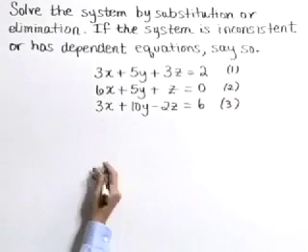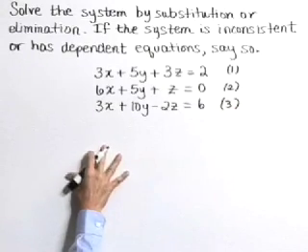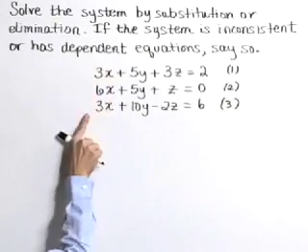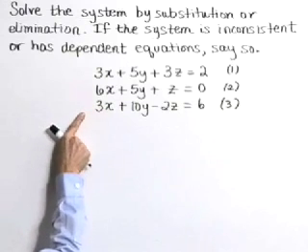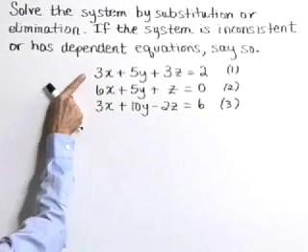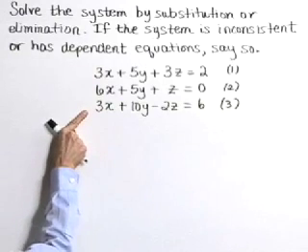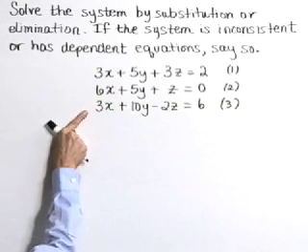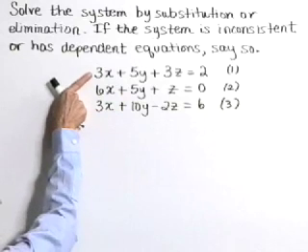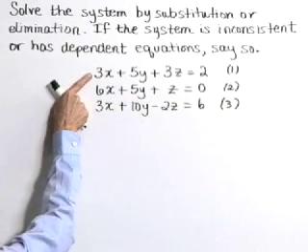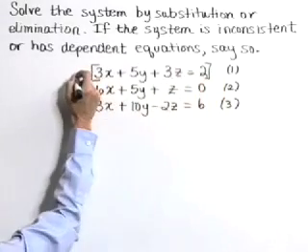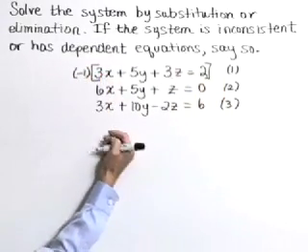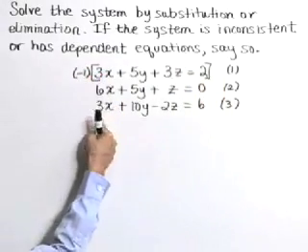Now, we're going to choose to eliminate a variable, and I'm going to pick on this variable x because our coefficients are going to be pretty easy to work with. Now, let's choose equations 1 and 3, and let's eliminate the variable x. To do that, we need to fix one of these equations. I'm going to multiply equation 1 through by a negative 1 so that we can create coefficients here that are